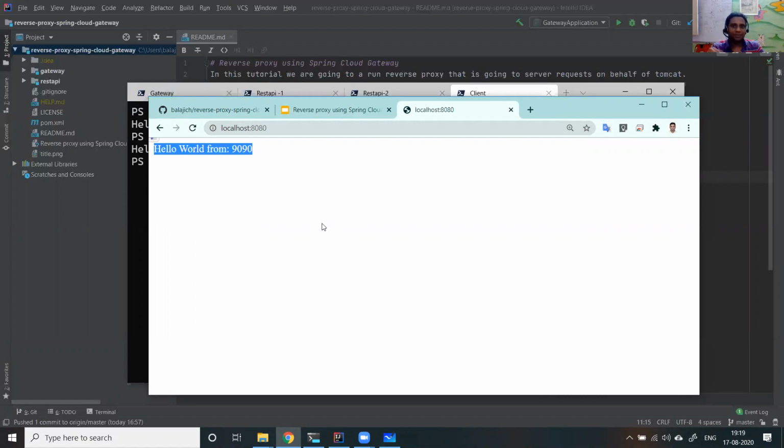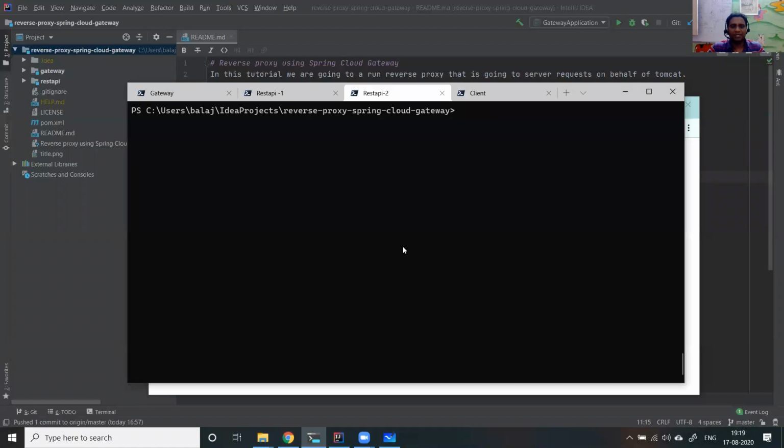So the simple thing is, what you will do, you will spin one more Tomcat server, right? Your REST API became very popular, and you will spin one more Tomcat. So the simple way is I'm running another Tomcat on port 9091.